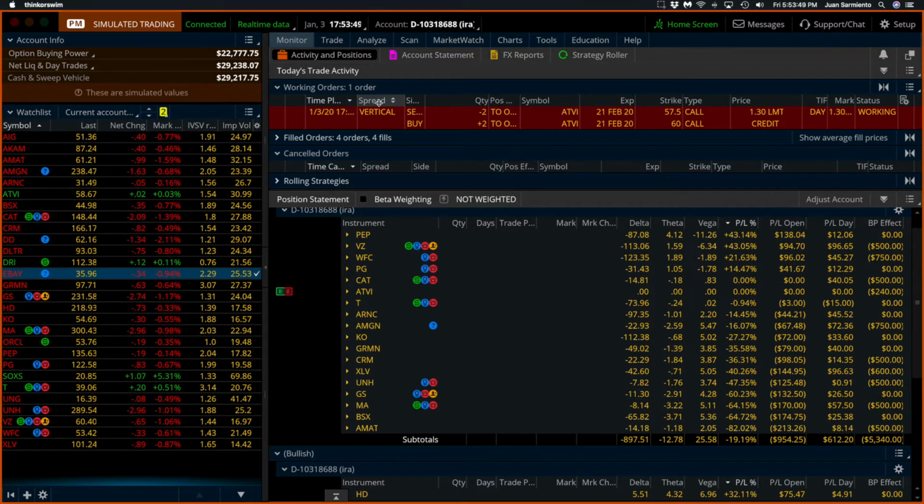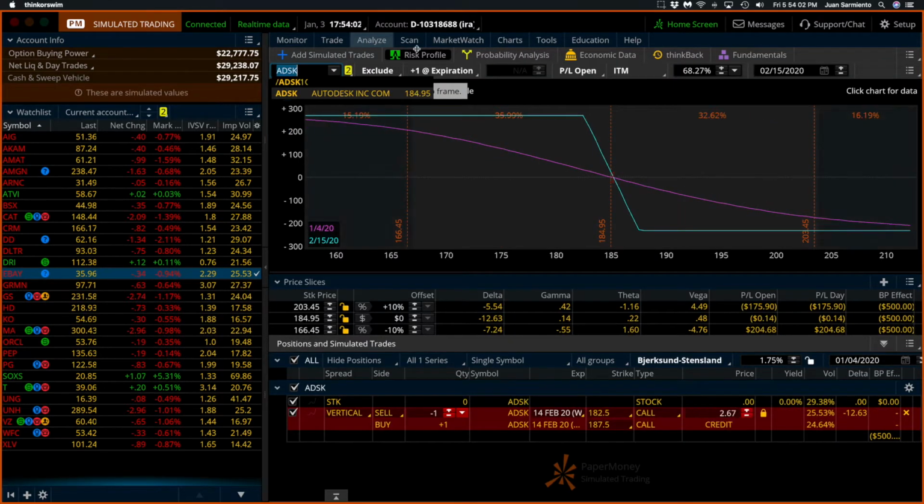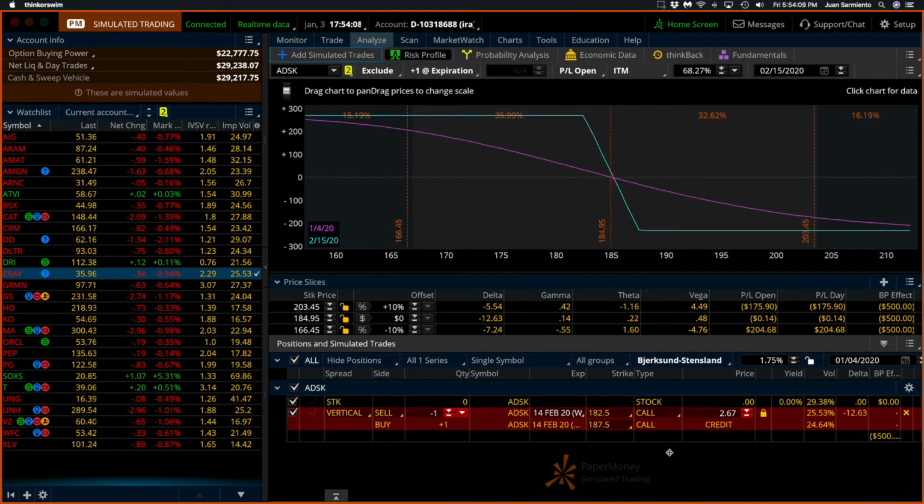The second trade that I have projected or prepared is ADSK, analyze ADSK. By the way, you can always look at the charts if you want to. I have my rationale, as I've told you before, to enter these trades. It's a mixture of things. So, again, here we have